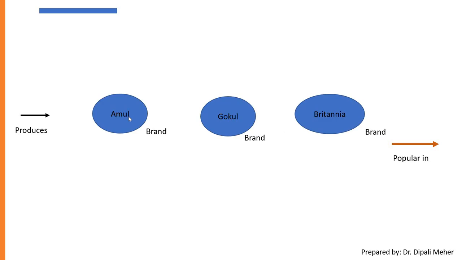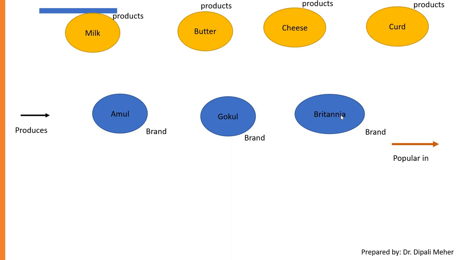Let us see. There are various brands like Amul, Gokul and Britannia here I have taken. Then there are various products, milk, butter, cheese and curd. See, as I have told, Amul can produce any type of product. As an example, I have taken only 2-3 products. Amul produces milk, but the milk is of high fat content type or low fat content type or medium fat content type. This is the characteristic of this relationship. So Amul produces high and medium type of milk.